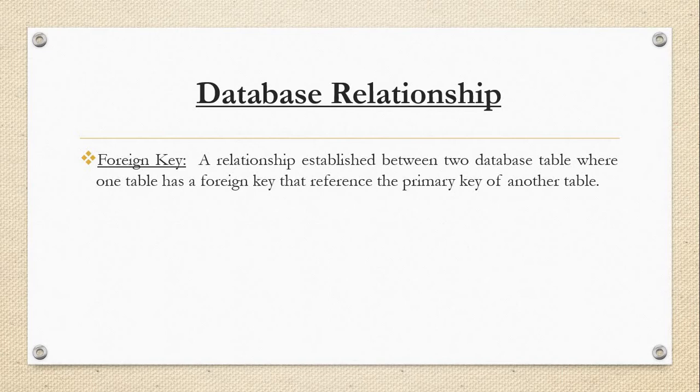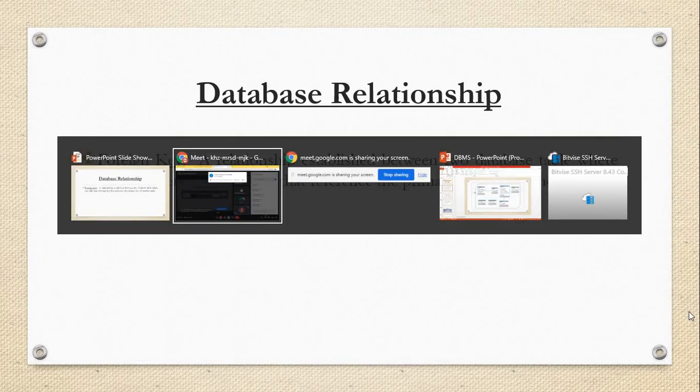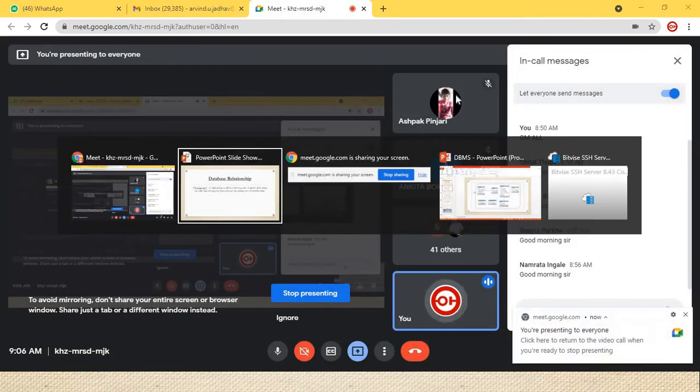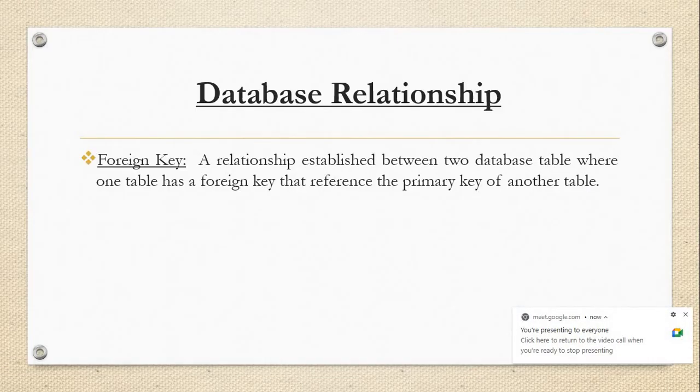So first of all we will discuss the concept of foreign key, and later on, one by one, we'll discuss how many types of relationships are available, what is the meaning of one to one, one to many, many to one, or many to many. After that we'll do the practical also, so you will get a brief idea. Once we complete the chapter on relationship, we will directly apply the logic on a project. We'll do one project, in which I will explain all concepts from bottom to top, and afterwards I will give the project to groups of 3 students, and they need to create that project.